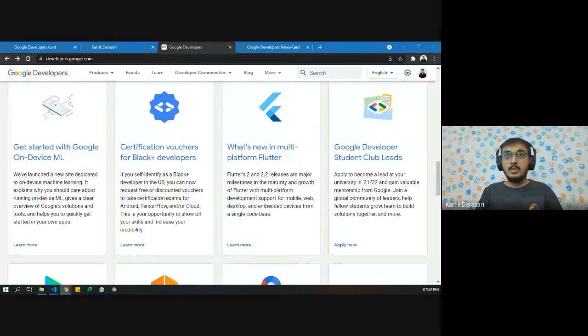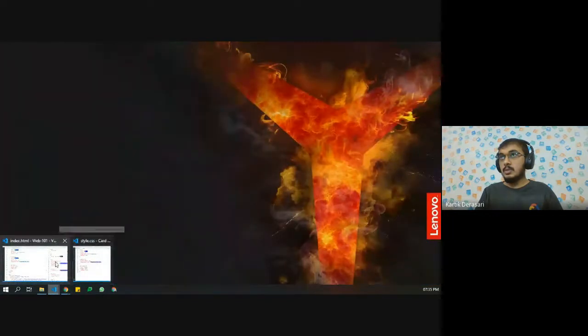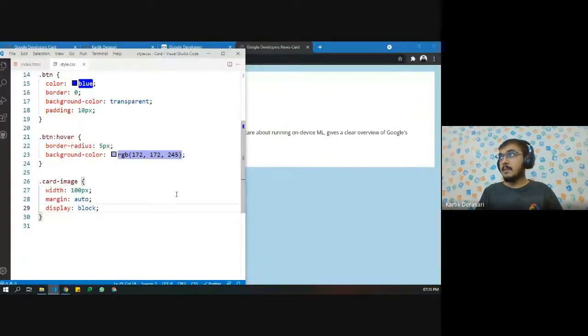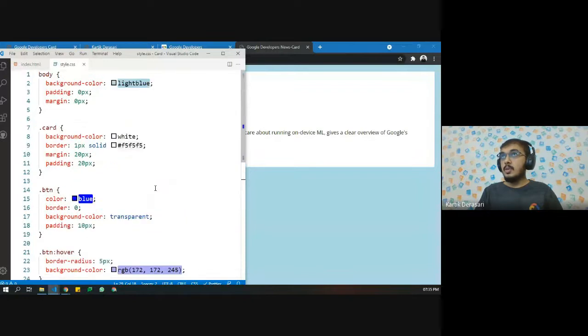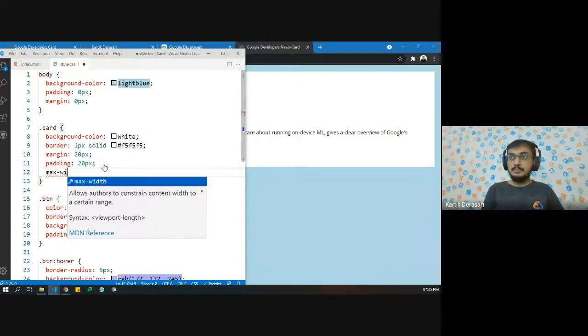Okay, so now let us style the card. Let us open the code. Now if you want to style the card, we can also use the width property over here. To style the width, we also have something called maximum width.